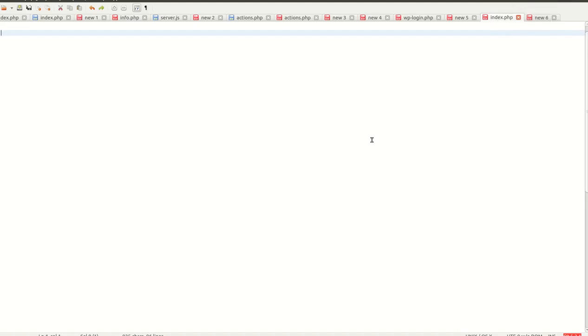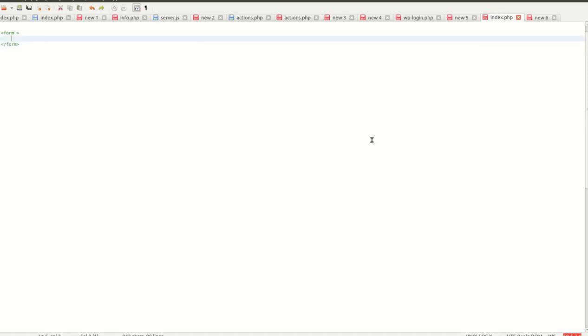Okay, so after getting the site key and secret key, we have to integrate this CAPTCHA in our website. For that, we need to create the CAPTCHA HTML in your website, and we need to find out whether the CAPTCHA is correct. So for that we have to integrate some code in your website's form. Here is your form. Okay, so here your form is ending, and paste your CAPTCHA code here.